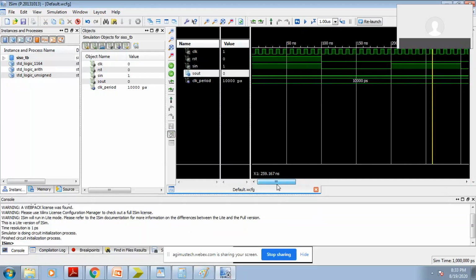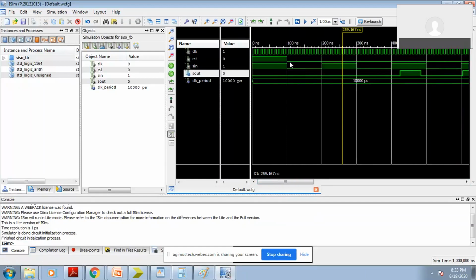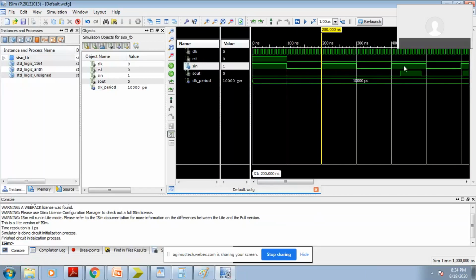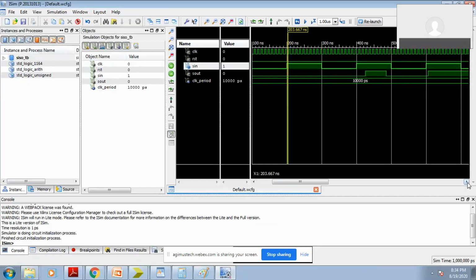Now how many clock pulses are there? You can easily observe here. This is a reset. At the time of the reset, S in is 0, and here we will get S in as 1. So this is replicated at the output after nearly 16 clock pulses. Okay, this is simply divided by 2. So that's the way we can easily get the output here.